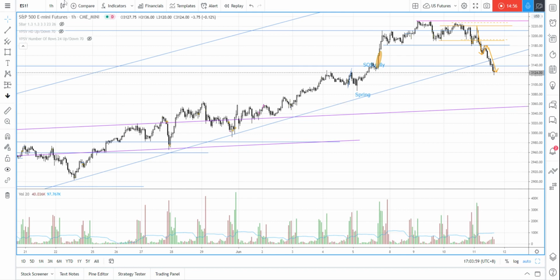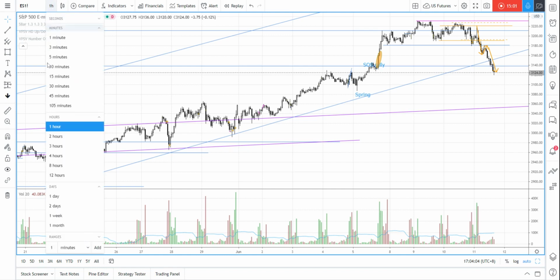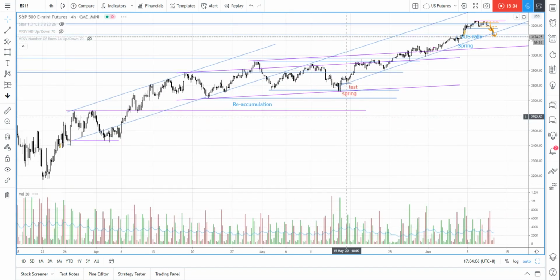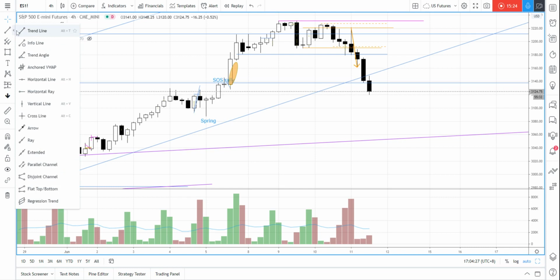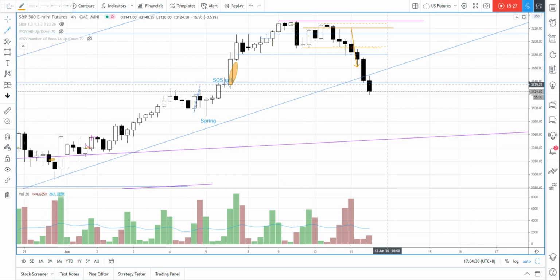And for the potential setup, I'm looking to short the market if it has a rebound up. If you look at the H4 time frame, I would like to see some kind of rally up to test this candle. This candle is quite a big candle, around 3170 to 3143. So if you can just imagine, if you have some kind of rebound, test this candle and